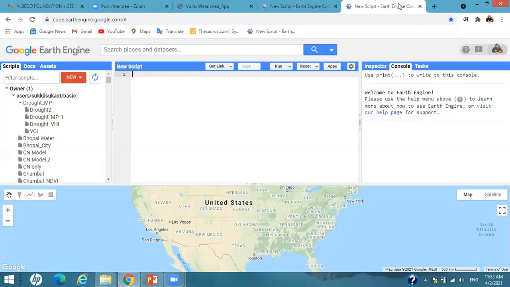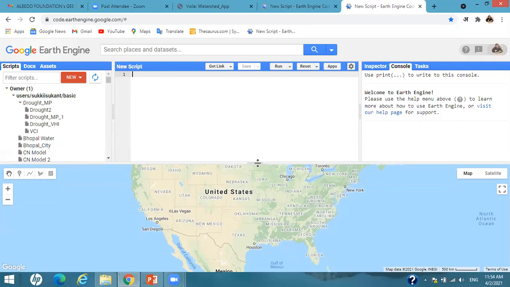Now I will tell you in a small part how you can perform some exercises with the help of Google Earth Engine JavaScript. You first need to create an account. If you go to the website code earthengine, you can go to Google Earth Engine. First of all, it will tell you to create an account, and while creating your account, they will ask your purpose. You have to be very specific about your purpose. Then only they will allow you to create an account, and within a few minutes they will tell you that your account has been created. After that, you just need to go to this website, that is code.earthengine.google.com.